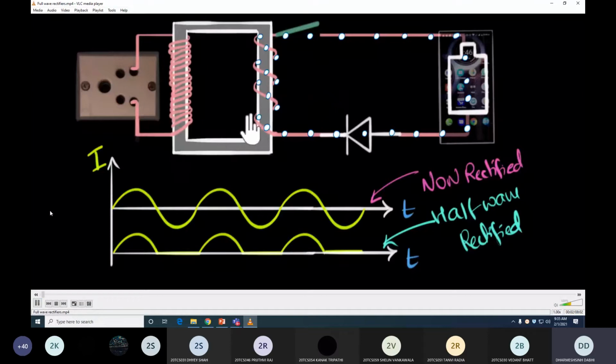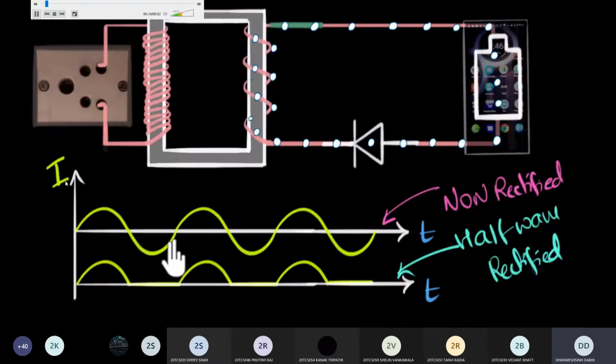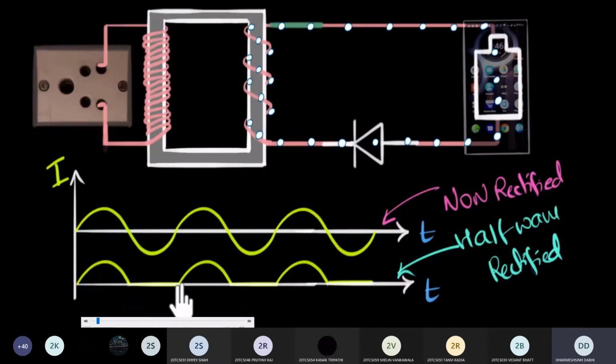In a previous video, we saw that a single diode acts like a rectifier, meaning it makes sure that charges only flow in one direction. But the problem is it does that by switching off the circuit when the charges are trying to flow in the opposite direction, which means for half the time it is switched on and half the time it is switched off. That's why it's called the half-wave rectifier. But the problem with this is if you're charging a phone, then it'll take twice the amount of time for your phone to get charged because half the time the circuit was just switched off.